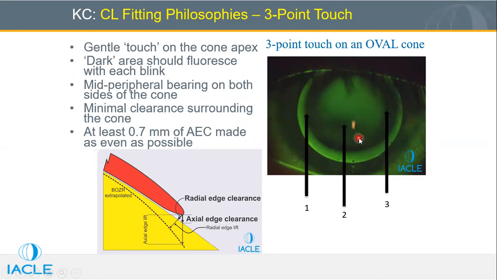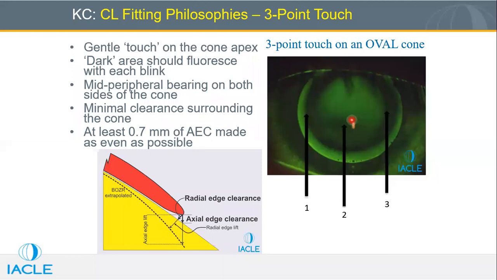So that's why the topography is very important. So in 3-point touch, normally you want to see a fluorescein pattern where you want to see that the lens, there should be feather touch at the center of the cornea. That is not going to happen. The feather touch should be at the most steepest cornea. और keratoconus वाले cornea में normally जो steep वाला जो सबसे steepest part होता है, it is not at the center. Normally it is deviated or shifted towards inferotemporal or inferonasal area of the cornea.